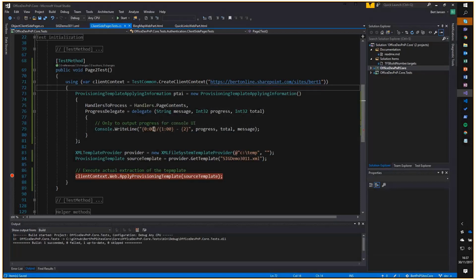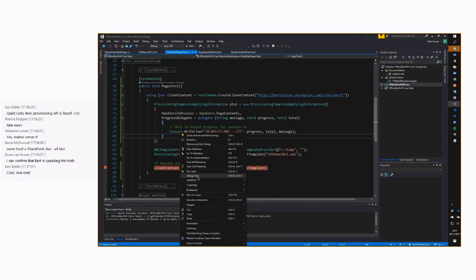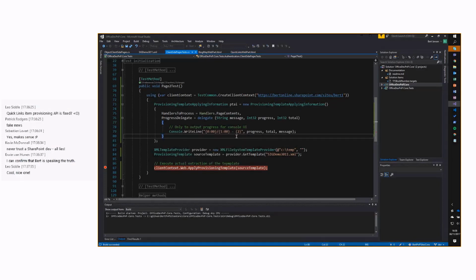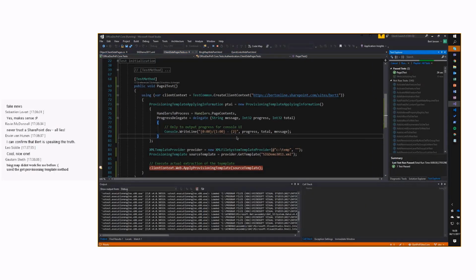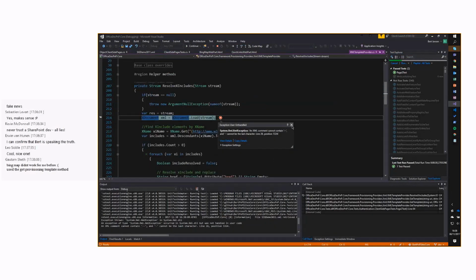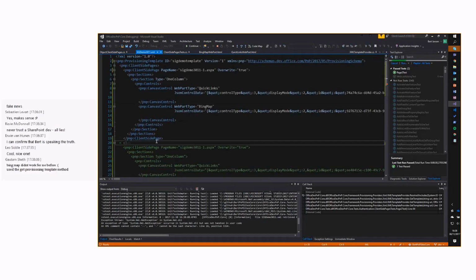So I'm going to test this with a basic unit test that will apply the template. So let's debug this test. It starts running. So we'll load this particular file. Wait, what's that? Oh, I guess I did some comments in here. Let's clean up this file.